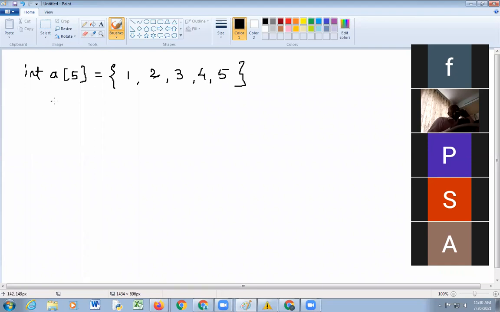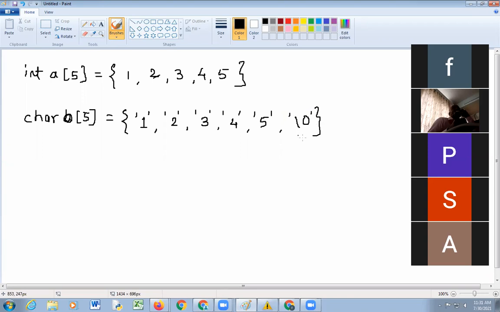Then in the case of characters, we declare a character array with the array name b[5], and suppose we use the same numbers: 1, 2, 3, 4, 5, and there is a \0.